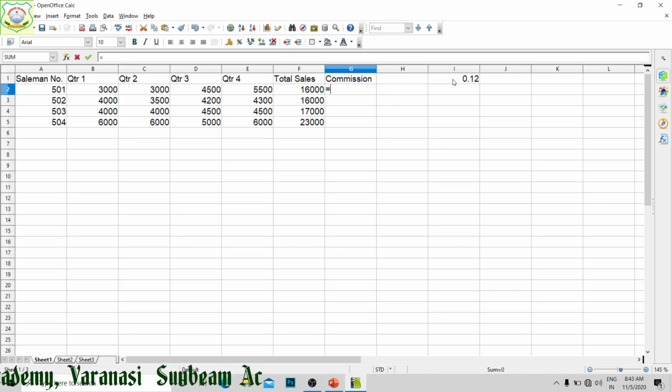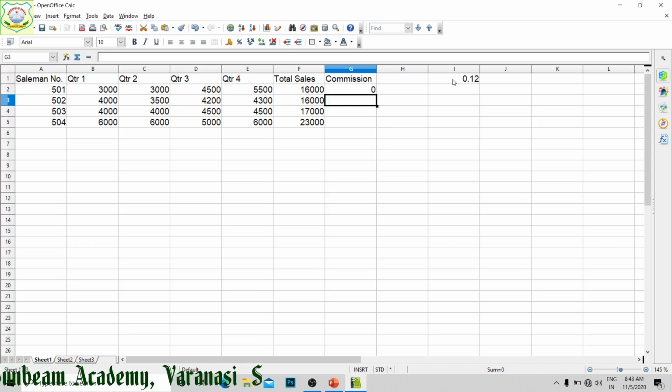This is F2 into this is I2, this cell address is I2, so $I$2 I have written. Now press enter.